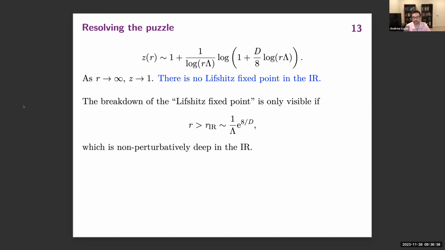This is basically the scale where you can see that the Lifshitz geometry is subtly modifying the scalar field profile versus what we had thought it was originally. And at this point, the exponent Z will drift back to 1. Okay. So this is what we claim the true IR geometry looks like. And in a sense, this Harris marginal disorder is marginally irrelevant.